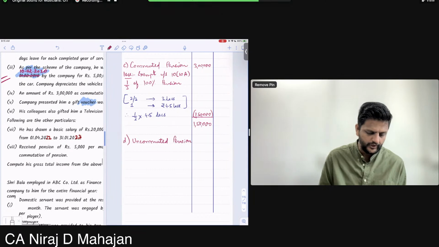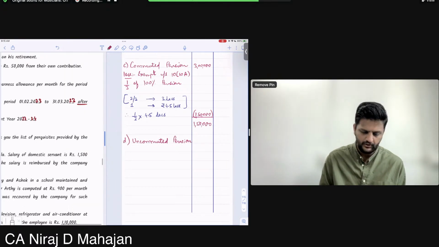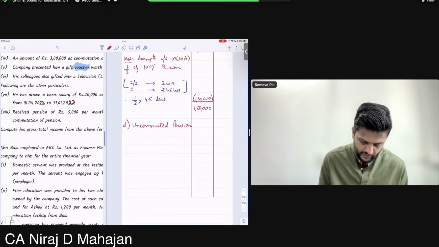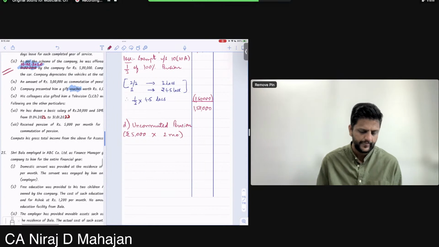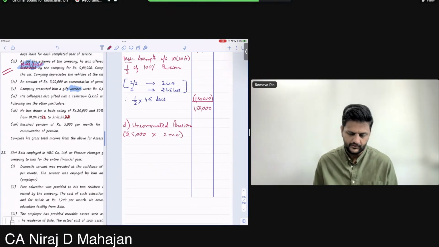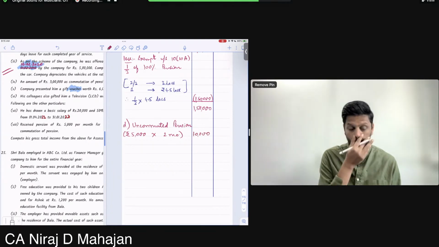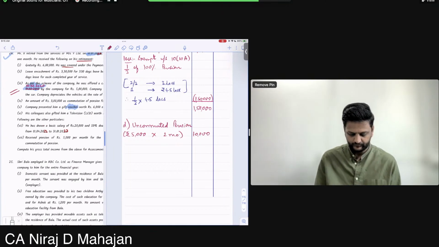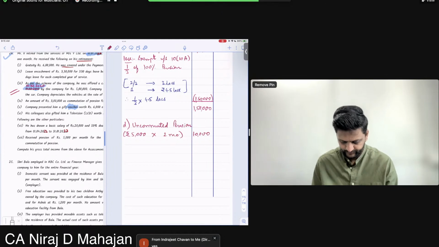And whatever pension they have given you, बच्चों, is after commutation. I hope this is clear. It is after commutation, so you don't have to do anything. So it is rupees 5,000 into 2 months. That's it. Because he retired on 31st January, na? So 2 months, Feb and March. Yes, still here? 10,000. Fine. Anything else in the salary remains?